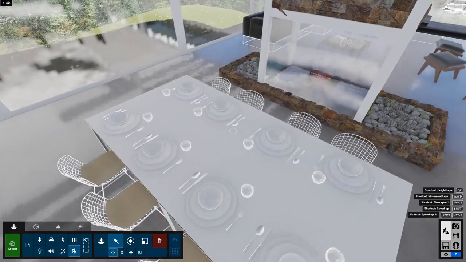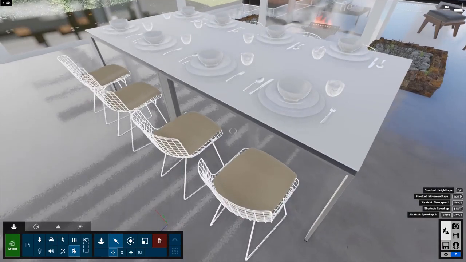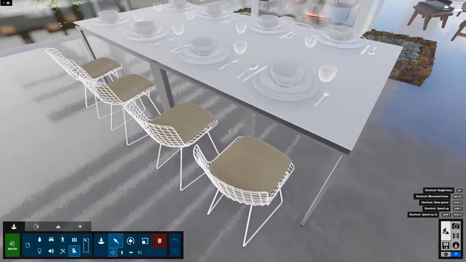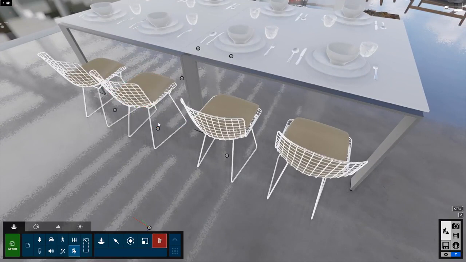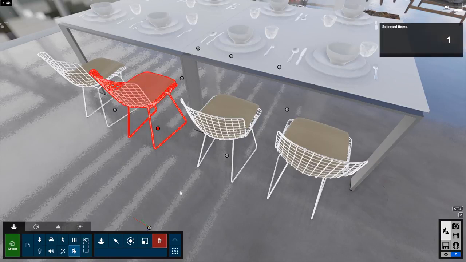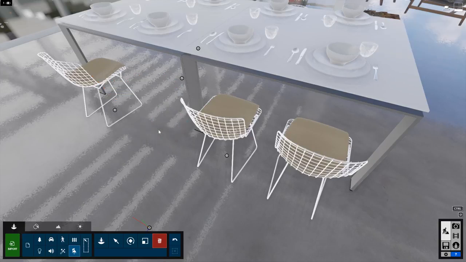All right, so now let's take a look at modifying or moving and deleting these different objects. To start off, I'm going to hit Delete, and I can hover on a chair. I have to click on the node to delete it. If I just click on the chair, nothing really happens there. I have to actually click on the node to delete it. I suppose that's like a failsafe.